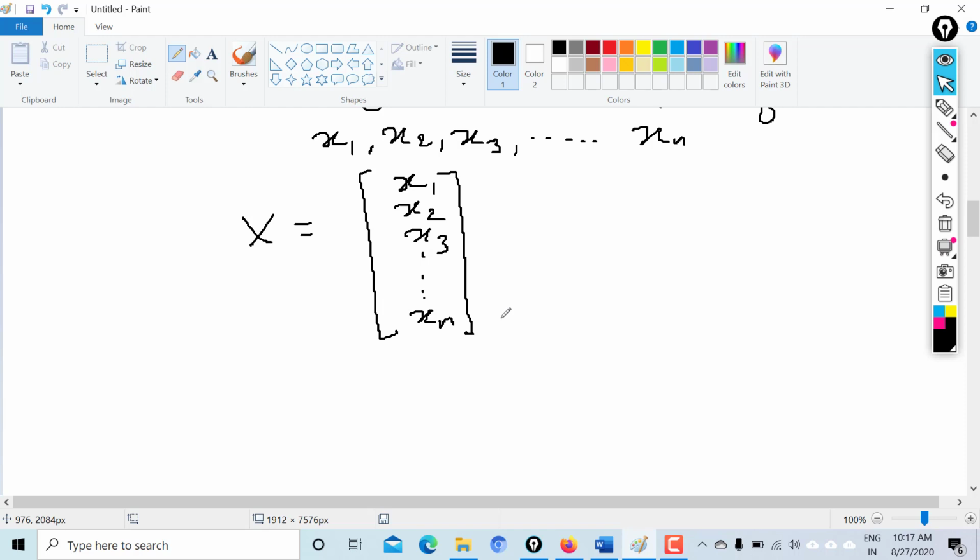It can also be represented by a row vector, but that vector will be the transpose of this vector. That means if we transpose x, represented by x transpose, then this column vector will be converted into a row vector, and it will also be called a vector, because the transpose of a vector is a vector. So these are the vectors.